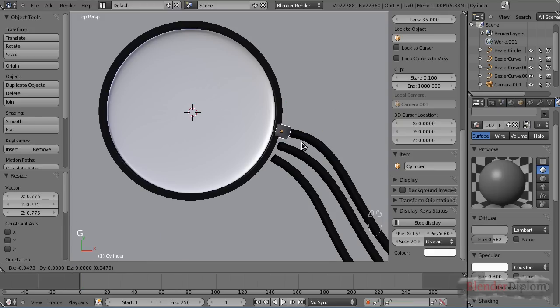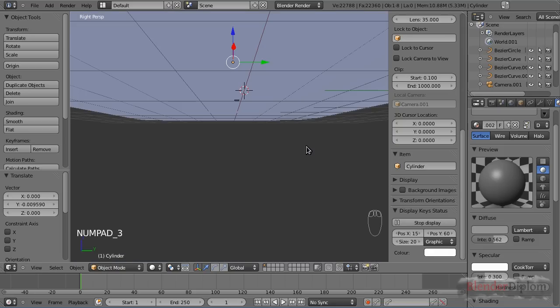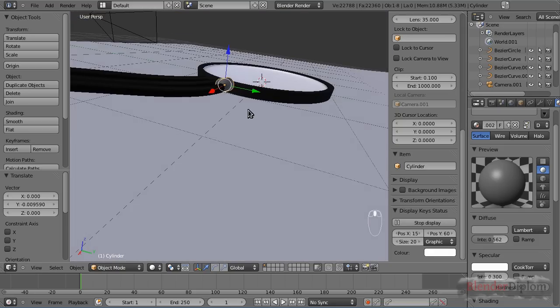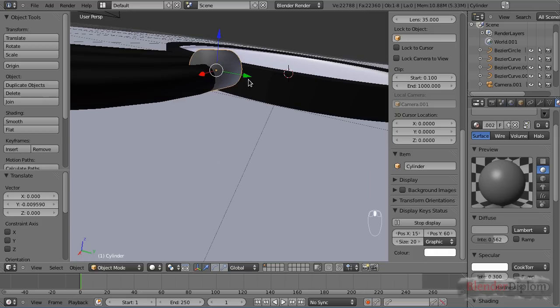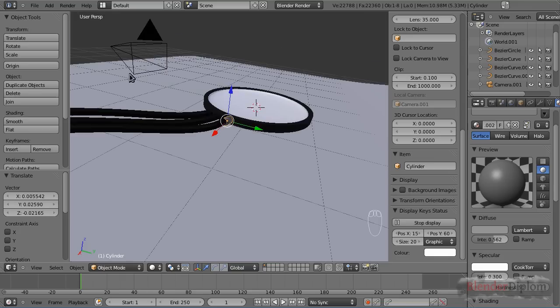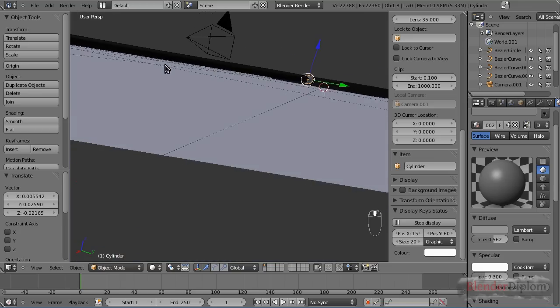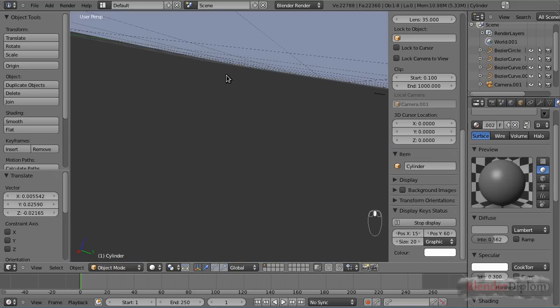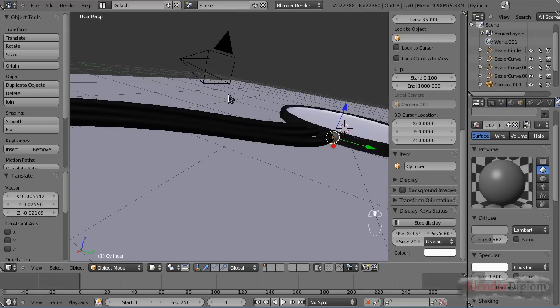And I guess we can still scale it down. From what I think, it's still a little too big, so let's scale it in once again a little more and put it around here. Yeah, I guess the chords are just a little too